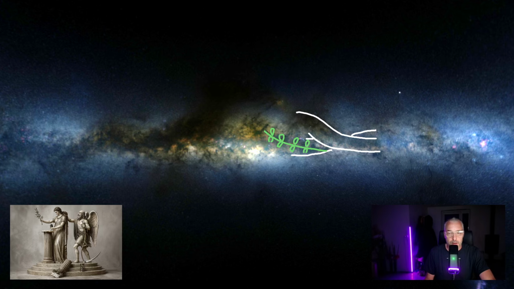And then we got the urn, which is the entire Milky Way center. And let me outline it here. Let's use the pink color here. The urn is basically just the entire Milky Way center. You can see it.